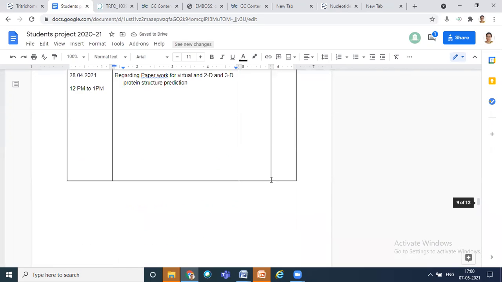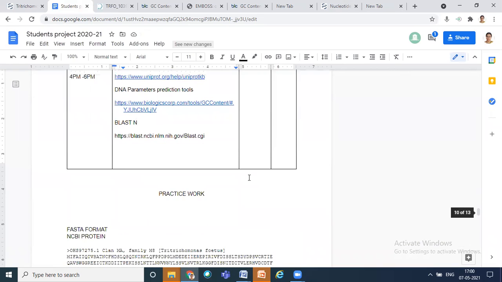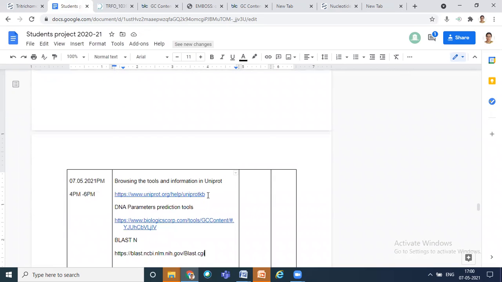So what you're supposed to do today is that you have to do the UniProt analysis for your protein. How means you just check. Already you have done all the parameters, but you go and check in your database whether they are updated. They will update when somebody works on it and publishes results, and based on that they will recheck and update. Right? You go and check, give your protein ID, accession number, and check what are the different parameters that are updated, and are they matching with your calculated parameters.